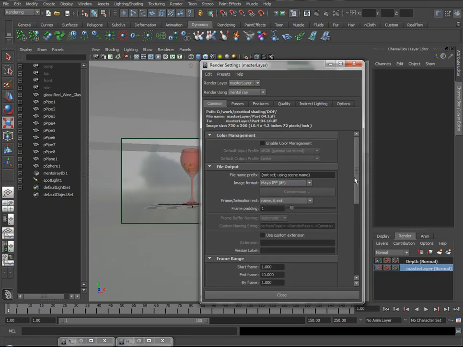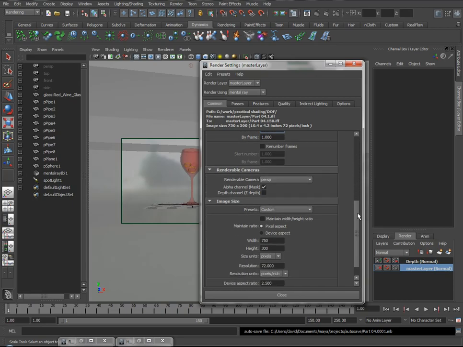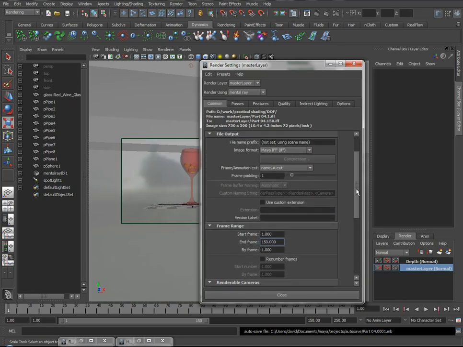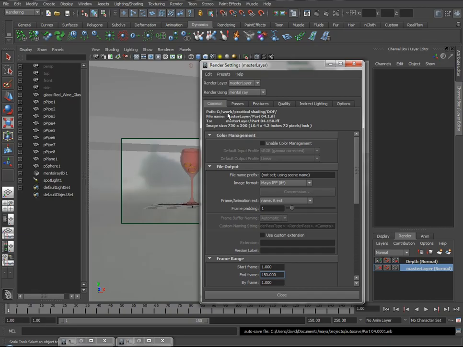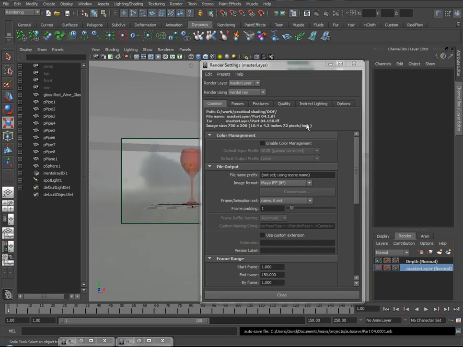For this, I'm actually going to use Maya's own iff format. I know we have 150 frames, so I'll set this to 150. Everything here looks fine. We're going to be saving in my work folder. You can change this by going here and setting where you'd like to save your animation out to, but that